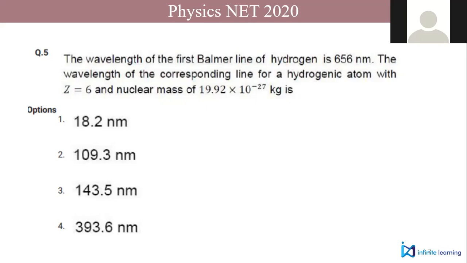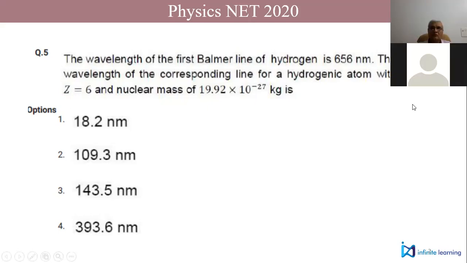So normally, if I say Z equal to 6, you know the energy levels in a hydrogen atom, how do they vary with Z? Do you know? Not the series like Paschen, Brackett. I'm saying the energy expression. How does it depend on the Z value? Directly proportional to Z? See now, that's where the weakness is. You should know what the energy expression is. Okay, the energy expression is this.